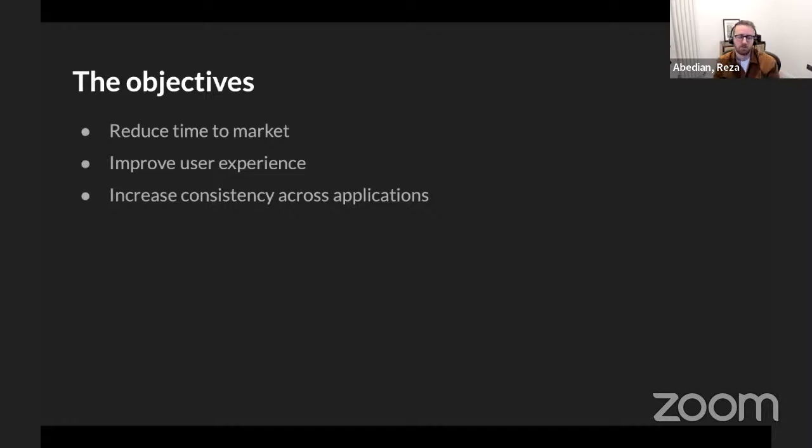So what were our objectives? Well, when you're starting off on a mission like this, it's worth understanding fully what your organization's priorities are in terms of a design system. In our case, our users wanted the following: to reduce our time to market. They wanted to be able to build apps quicker in response to employees' requirements, using a standard UI library and UX patterns. They wanted a greater user experience and user satisfaction, and they wanted to increase consistency across applications.